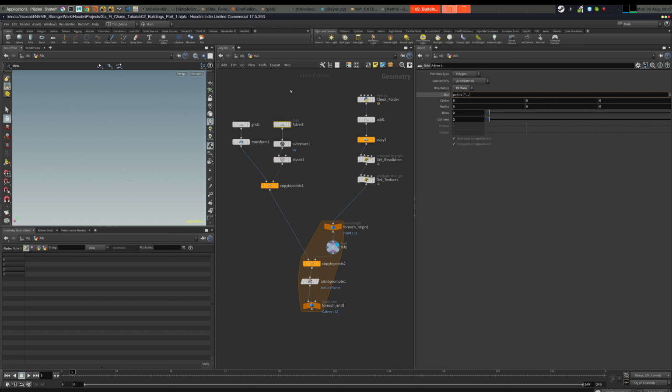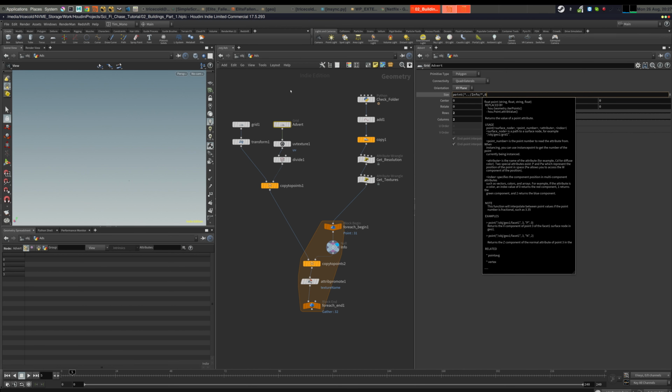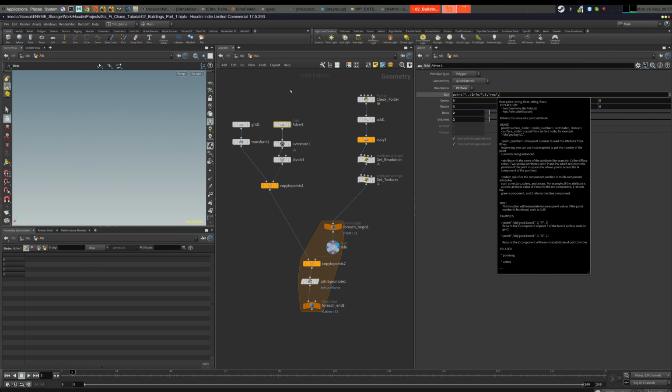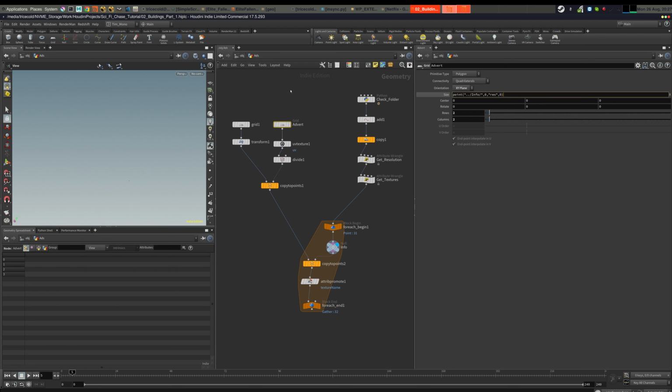Again, to fetch the point data, we use the point expression, info, and then first point, the name of the attribute, and if it's a vector, is it XYZ or not, and then times 0.02, and then just copy this,